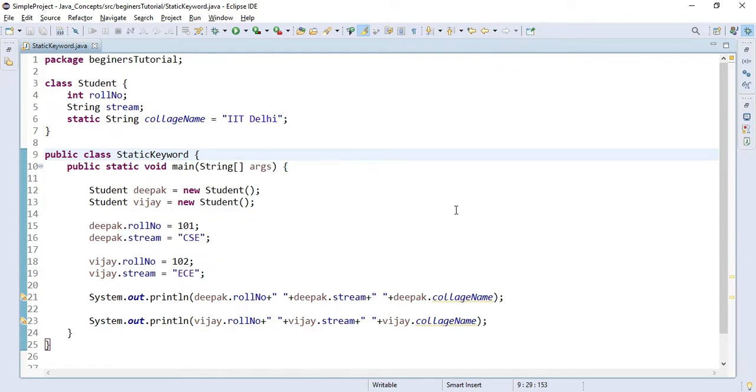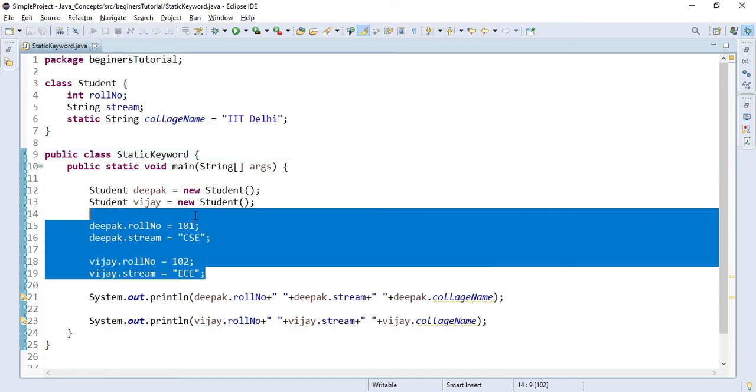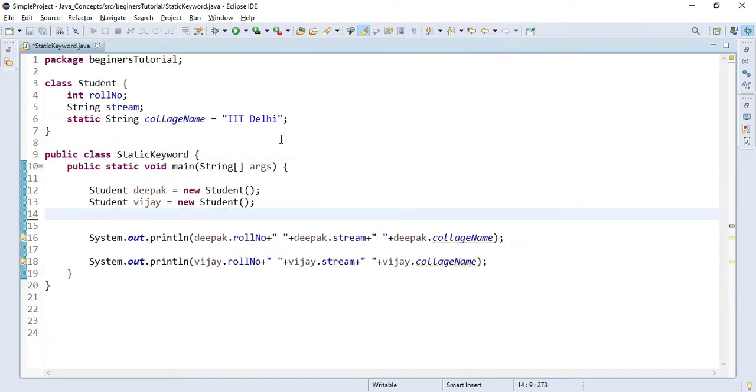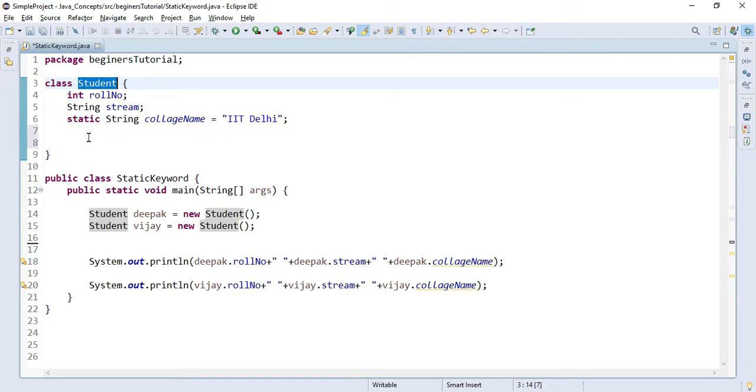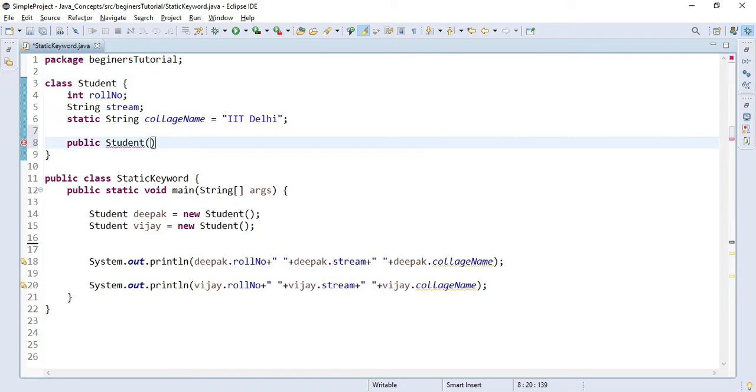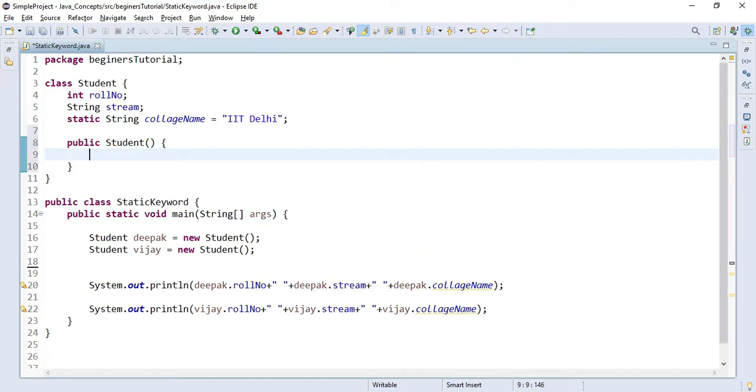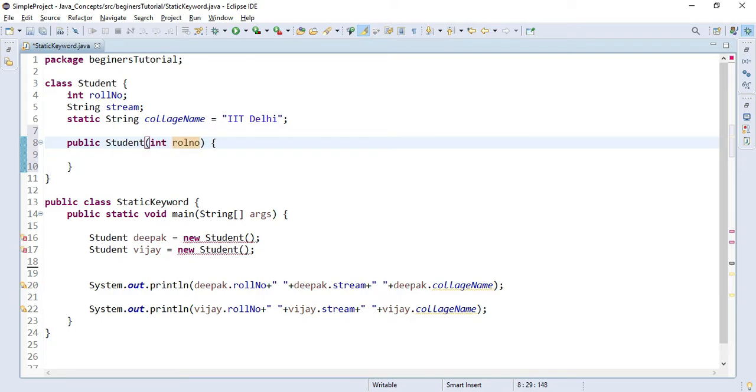Okay, so now let's improve our code, as it is not good practice to initialize our instance variable like this. So I will remove this and I will create a constructor called Student to initialize all these variables at the time of creating the object of our Student class. In this I will have one parameter called roll number, and another parameter will be String stream.